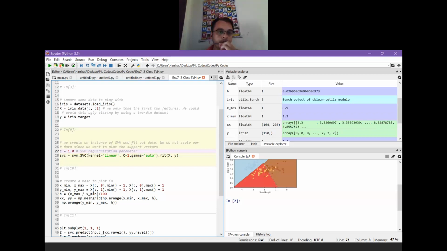The type of kernel is set along with the gamma, since the kernel is going to apply based on gamma. Here the kernel we are setting is linear, the parameter C is the regularization, and gamma is equal to auto. Looking at these values, gamma and regularization, the gamma value generally varies between 0.1 and 10.